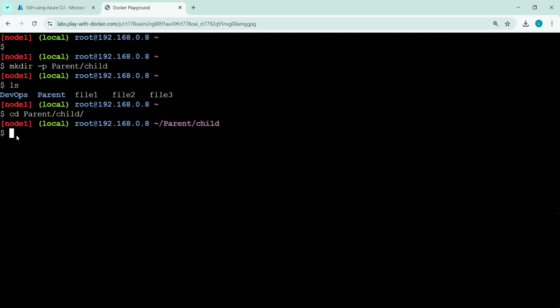Okay. So did you understand how we can create multiple subdirectories at the same time? Everyone understood? Type yes. So this is the new part which we have learned today. Okay, perfect. So keep replying so that I will come to know you are getting it. Okay. So this is what we wanted to learn.